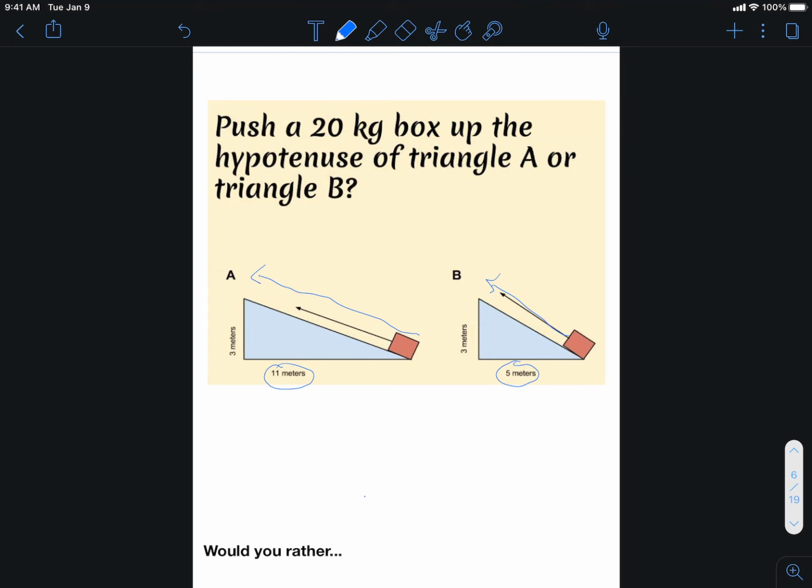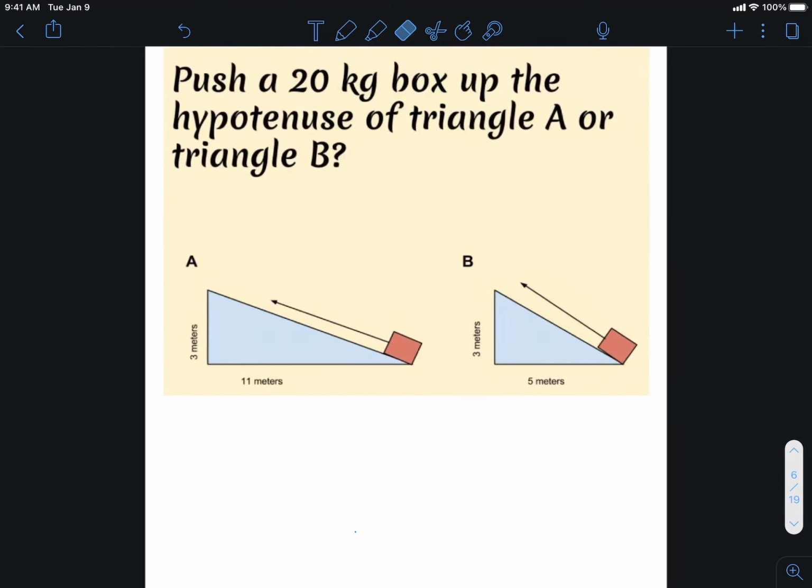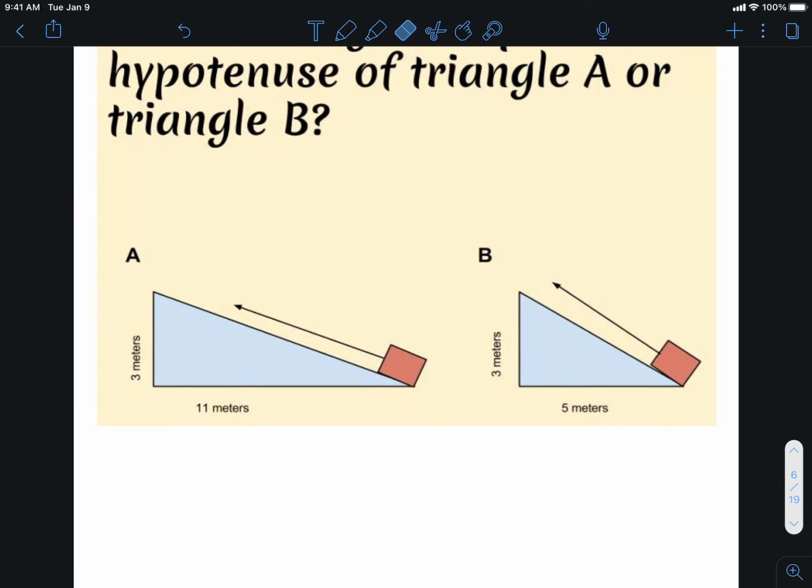Well, we could figure it out if we use something that we're more familiar with, right? From the standpoint of slope, we know how we define slope as being